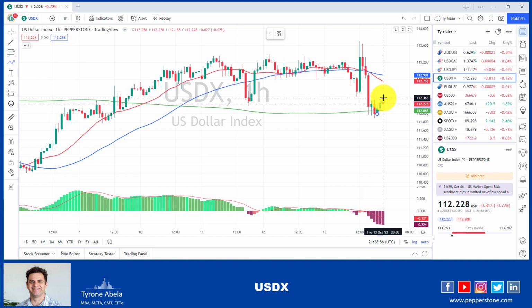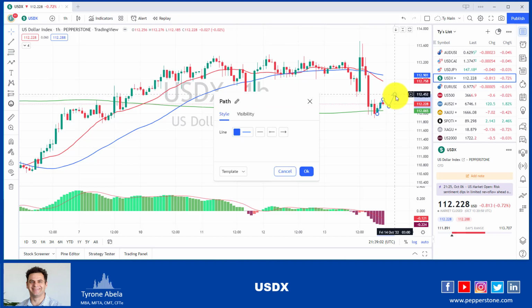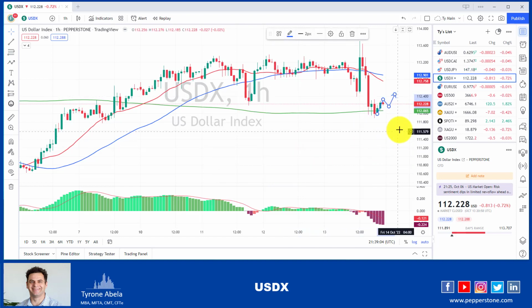So if we see that, and then we see, I'll just click that like that. Okay, that sort of pattern is what I'm talking about. If we see that, that is what we're talking about for a change of trend on a 1 hour, then we can start looking at long opportunities back to the 113.50 level, around this level here, which is the previous